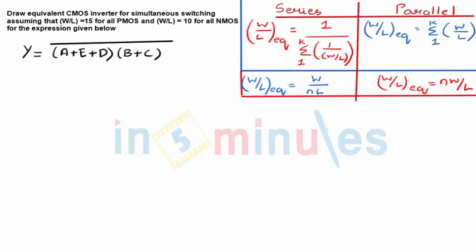The agenda of this clip is to draw an equivalent CMOS inverter for simultaneous switching, assuming the W by L of the PMOS transistor as 15 and the W by L of the NMOS transistor as 10 for the expression given below. Now before we start drawing an equivalent inverter circuit, we need to draw the schematic for the expression which is